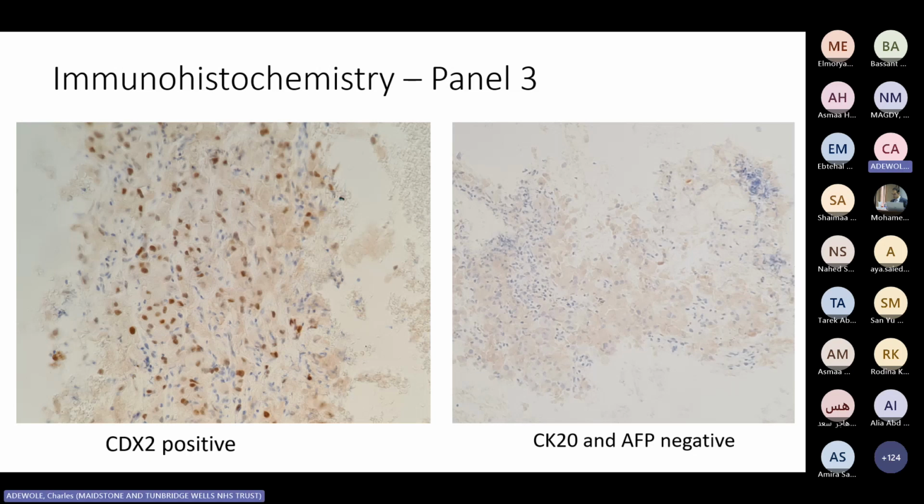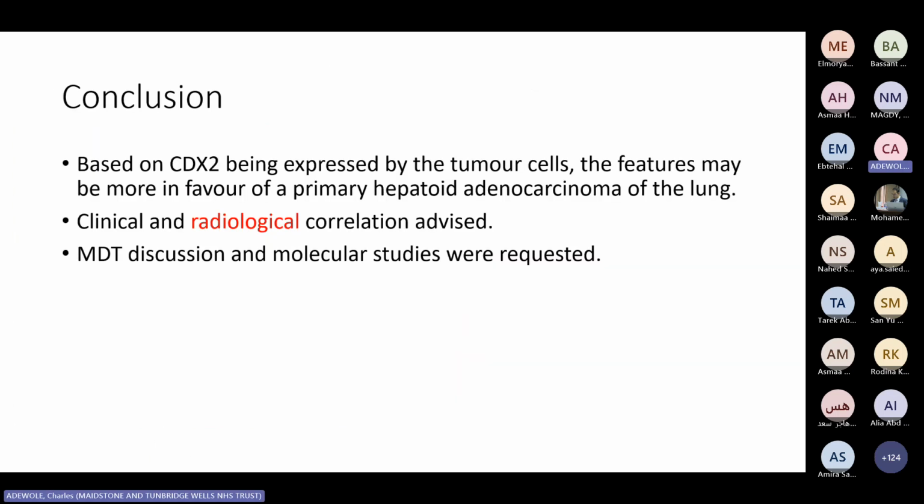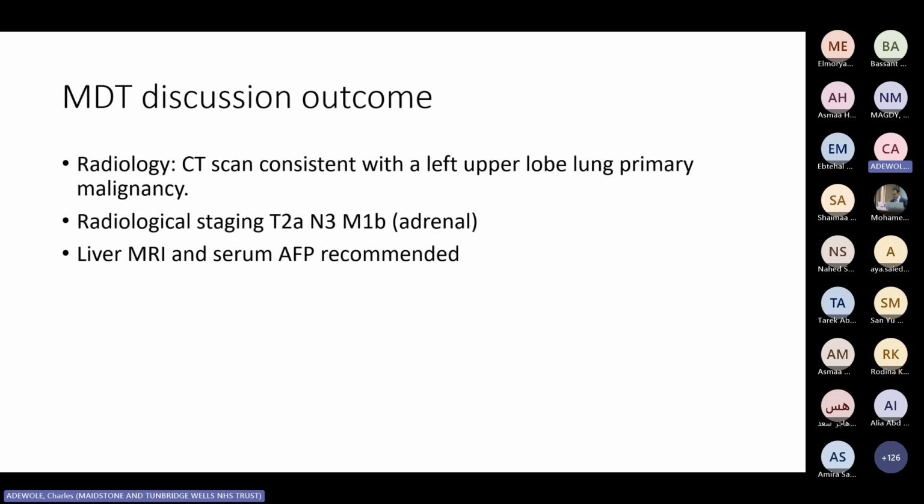Based on that, we were able to conclude that because of positivity of CDX2, the features are more in favor of a primary hepatoid adenocarcinoma rather than a metastatic hepatocellular carcinoma. However, we advise clinical and radiological correlation, especially radiological correlation, because we needed to know if there was any other finding on imaging. So we discussed this case at the multidisciplinary meeting,